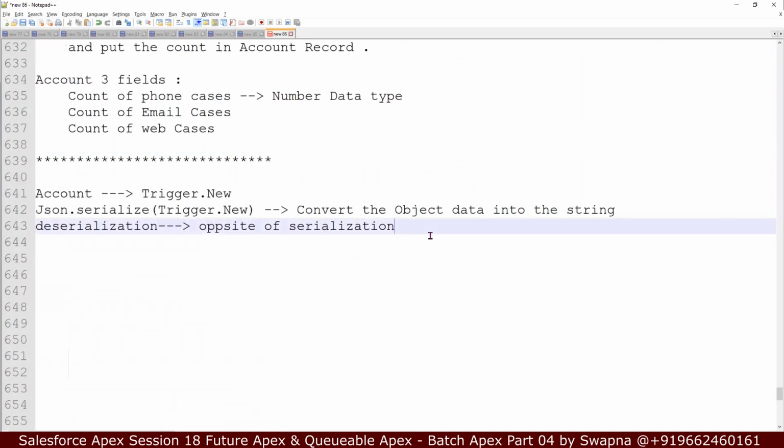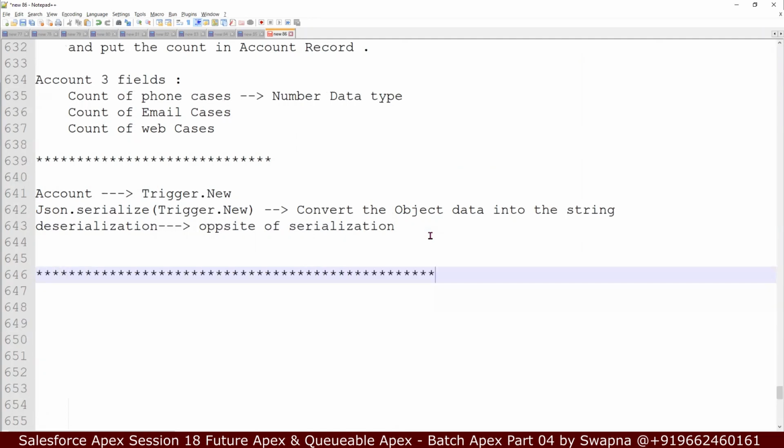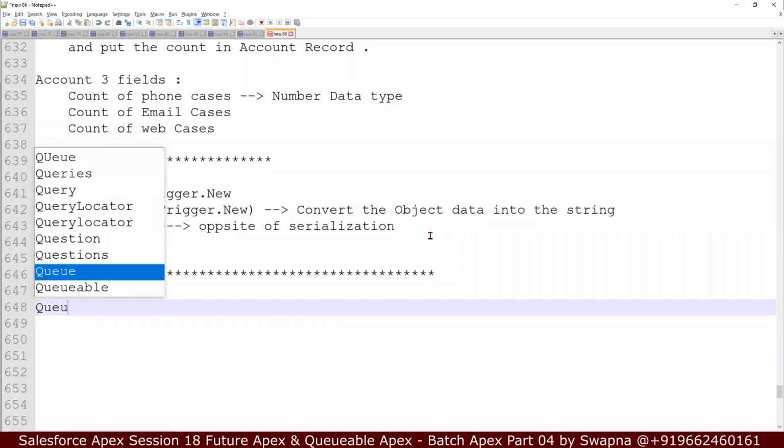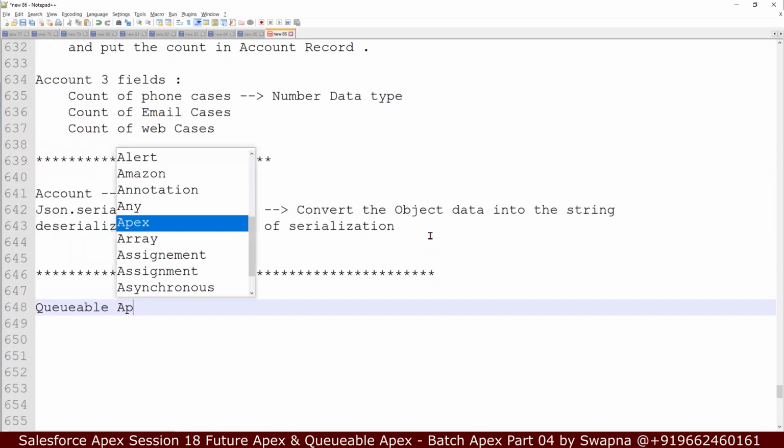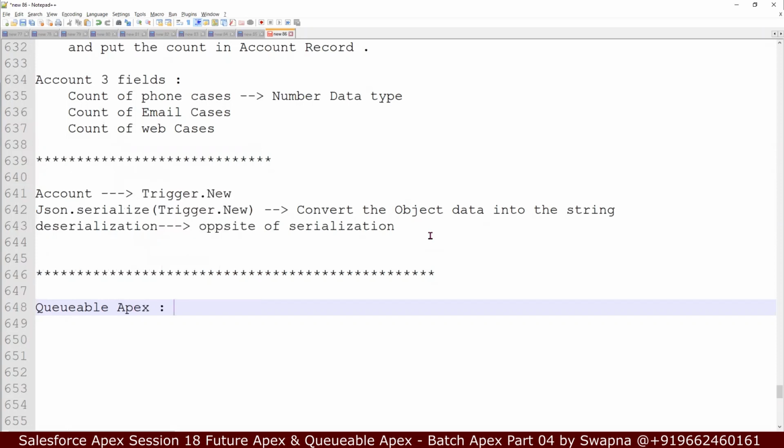Somebody raised a hand. Any questions? Akhil, any questions? I see that you raised a hand. Okay, so